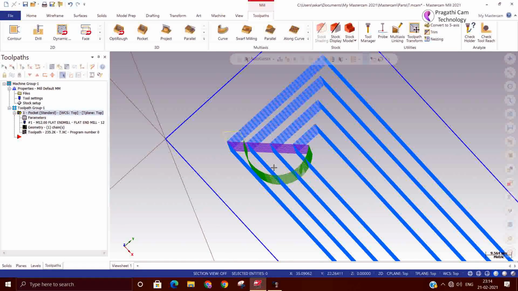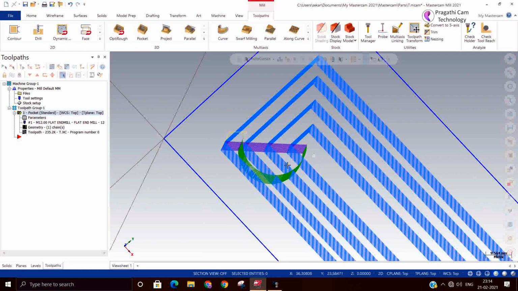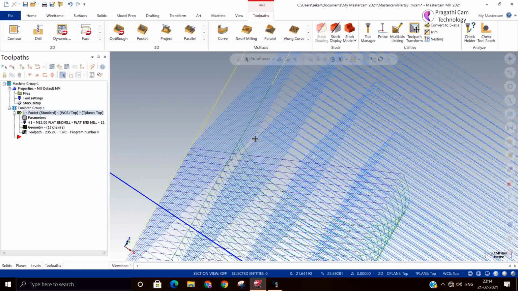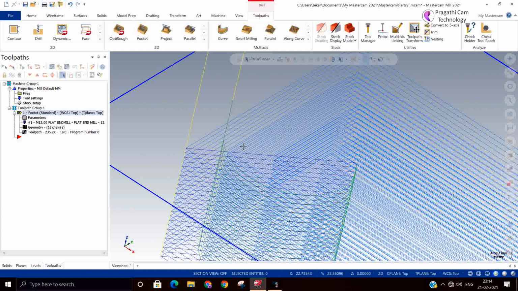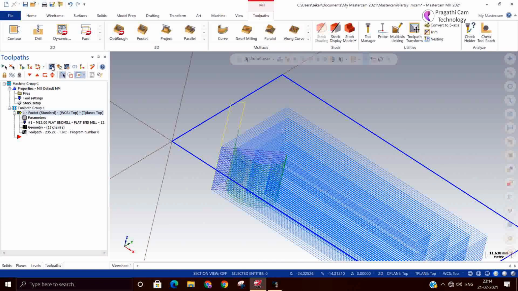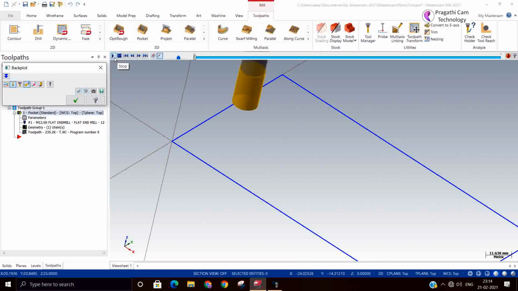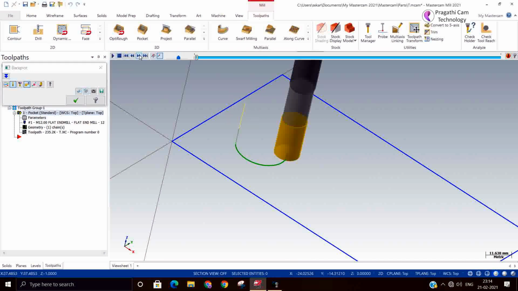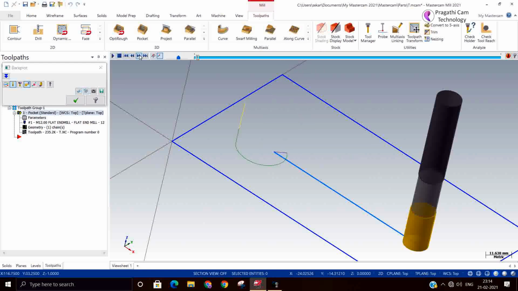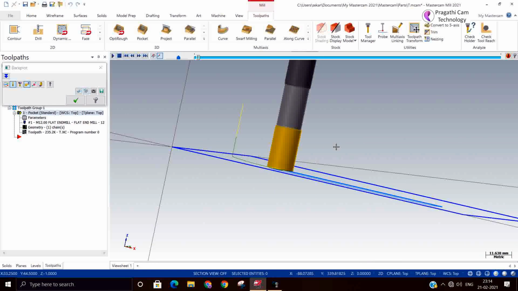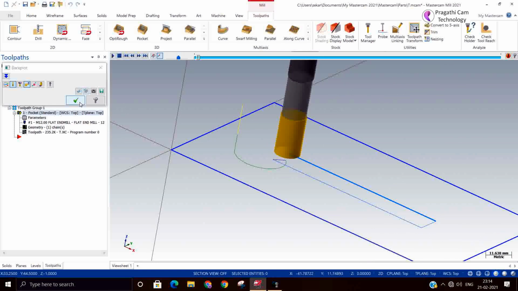One place it is entering. How it is entering, we will see. We can check it in the back plot, step by step. So it is entering helically. You can see here helically it is plunging, doing a helical angle as per given.